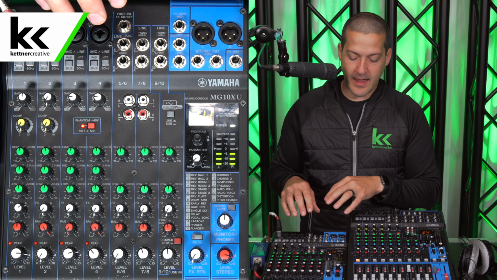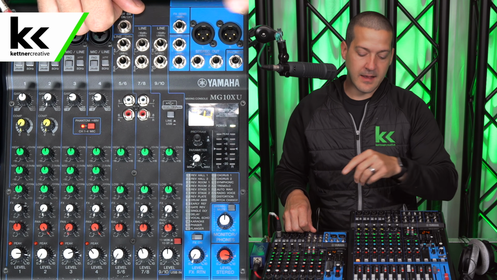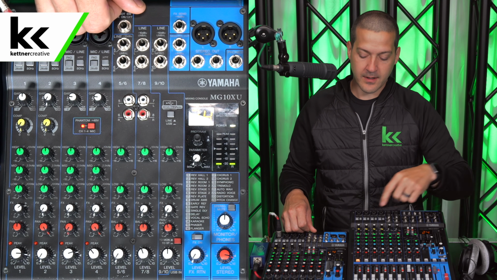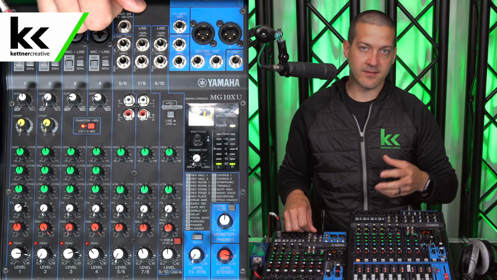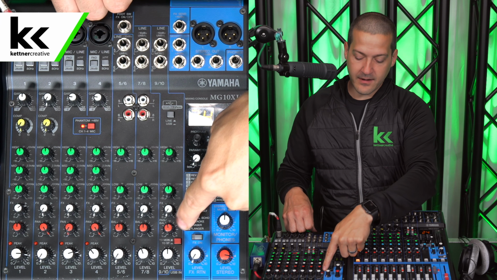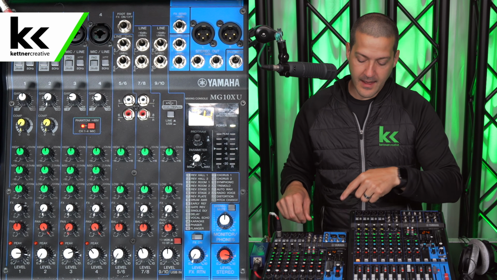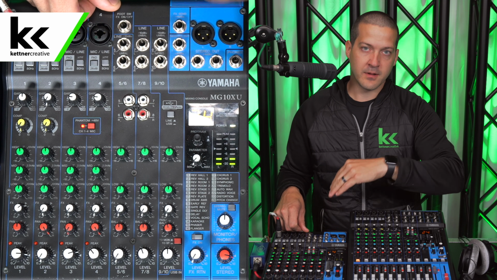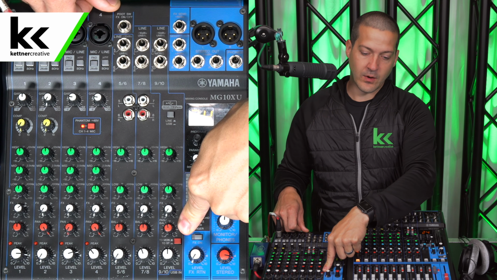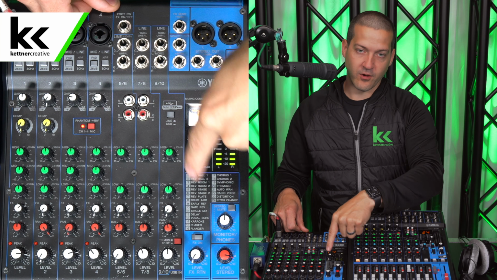Now, I'm going to talk about the MG10XU. This one has a different implementation of a stereo button. Here, instead of deciding between groups and stereo output, you're choosing whether or not to send this to your headphones, to monitors, or the stereo output. And that is because with this audio mixer, it's more optimized for live streaming, and this is dealing with a USB input. So for this, there might be cases where you don't want to send it to the stereo output. You just want to send it to your headphones to prevent a feedback loop with the USB input.